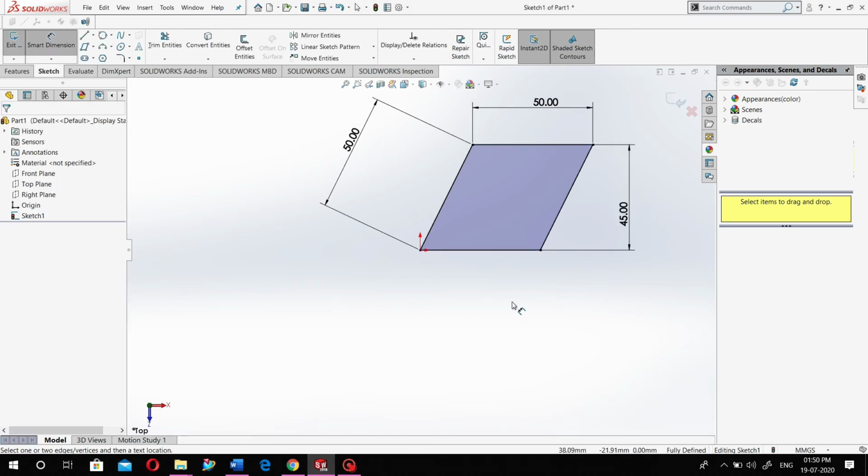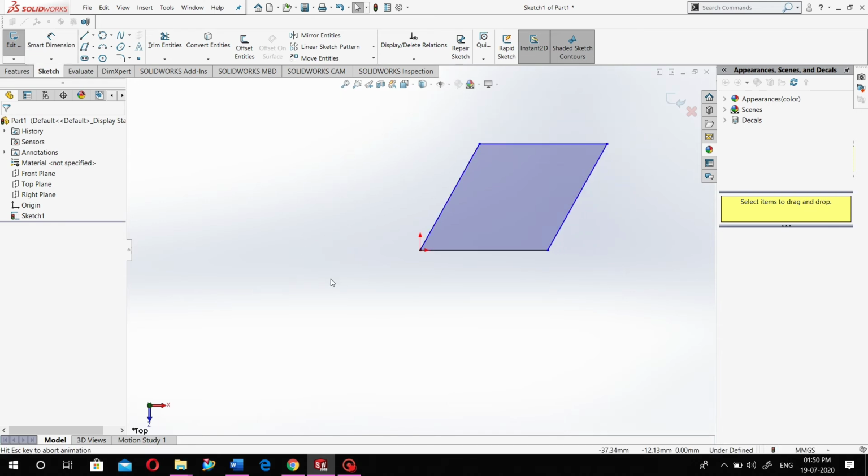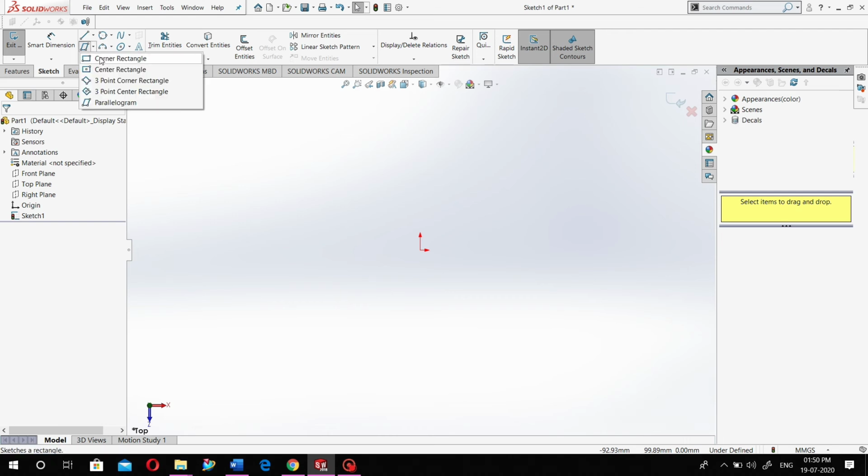So this is your fully defined parallelogram. So this is about the circles and the rectangle. We are going to merge all of this when we start the practices.